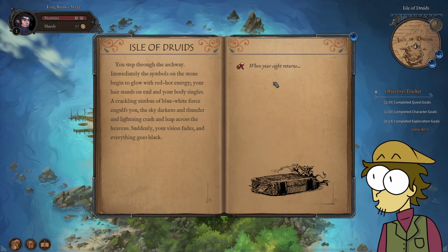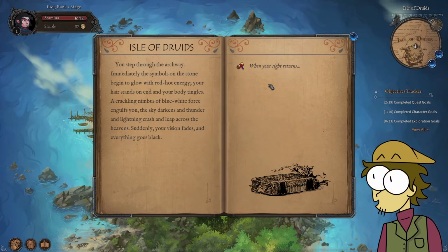You step through the archway. Immediately the symbols on the stone begin to glow with red-hot energy. Your hair stands on end and your body tingles. A crackling nimbus of blue-white force engulfs you. The sky darkens and thunder and lightning crash and leap across the heavens. Suddenly your vision fades and everything goes black. When your sight returns...